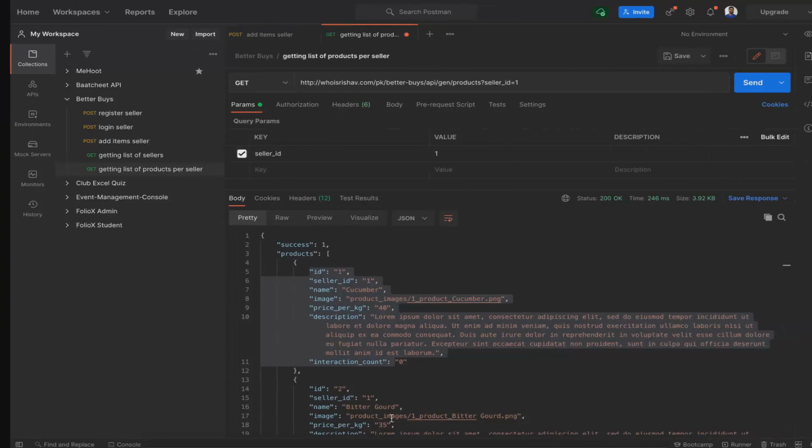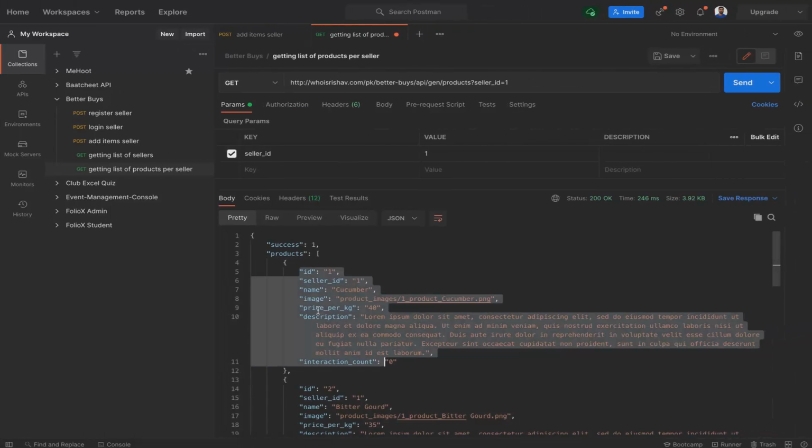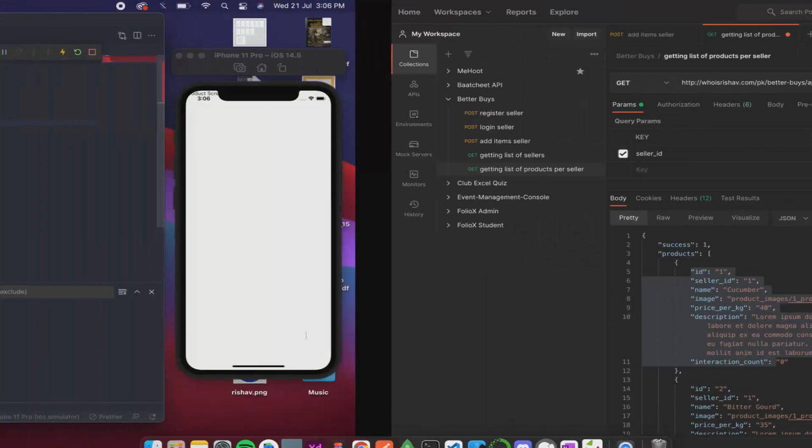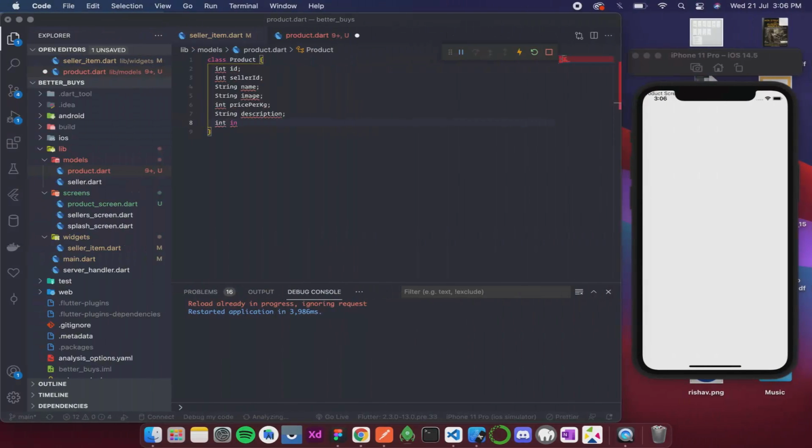Then we have image, price per kg, description. So string image, int pricePerKg, because we use camel case over here, pricePerKg is going to be like this. And then we have the description. And then we have interaction count.